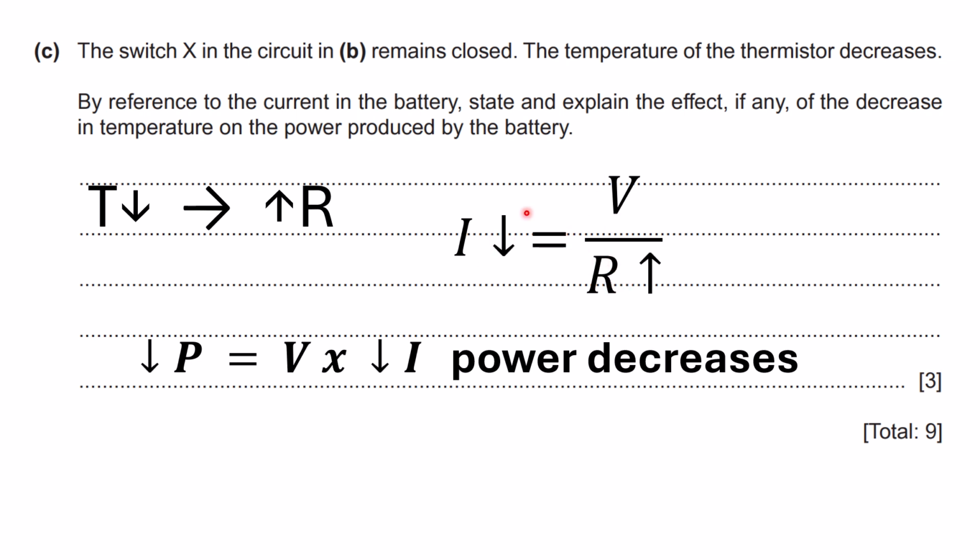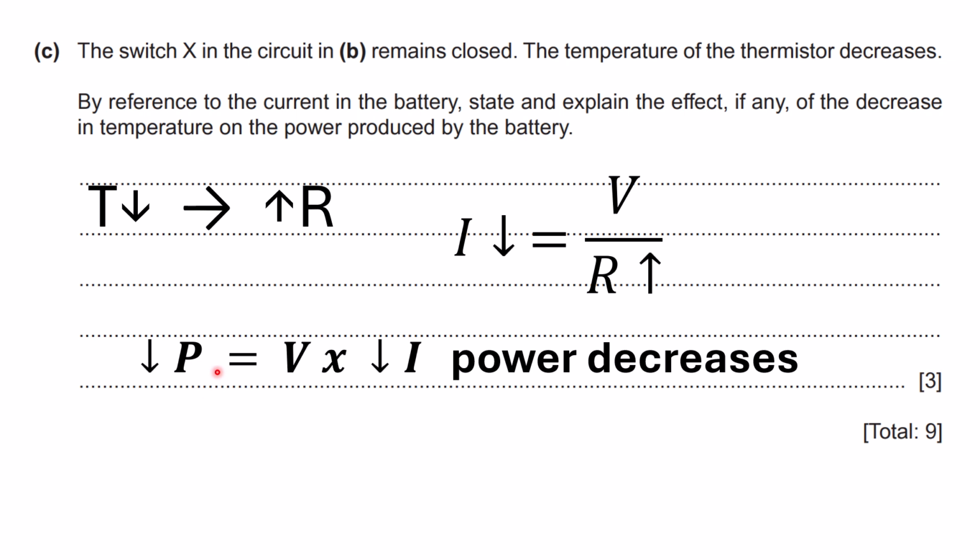So the current is voltage over resistance. Now the resistance is going to increase because the thermistor temperature decreases. Well, if this happens, then the total current in the battery is going to decrease. Now the power of the battery, there are several formulas, but one of the formulas for